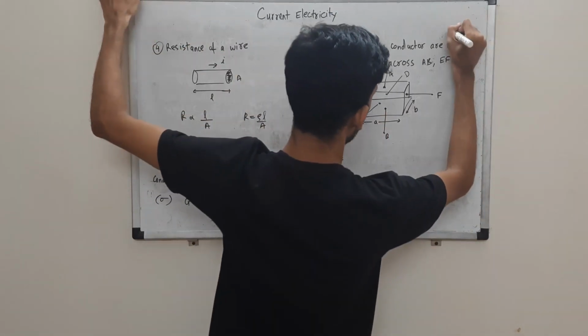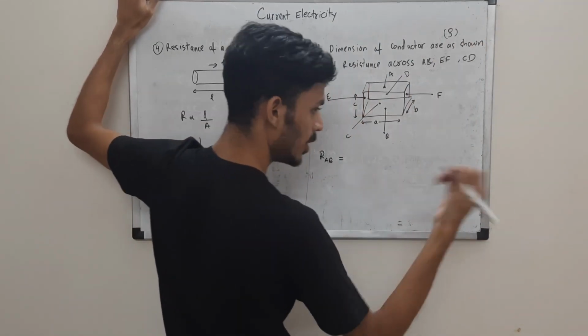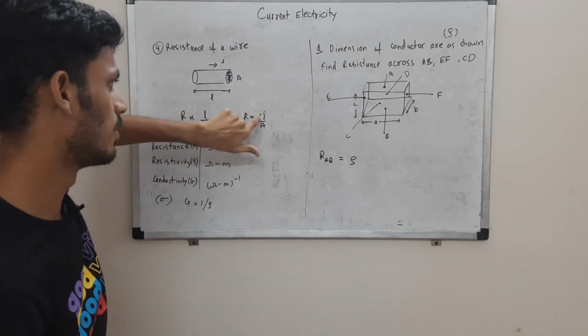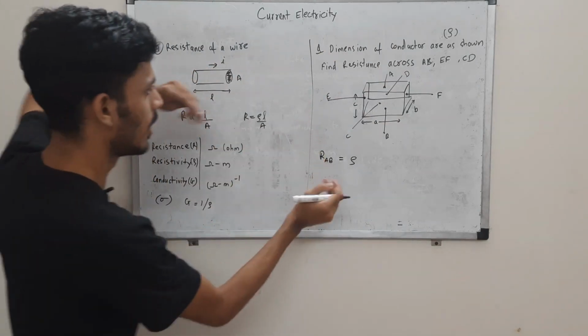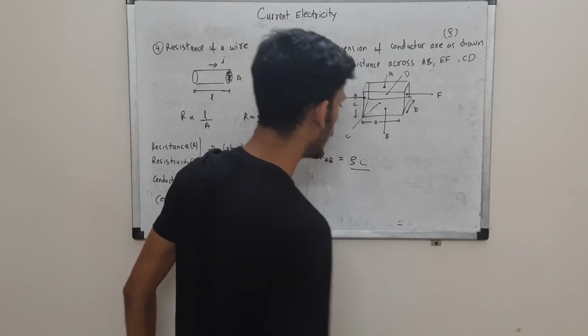It is given that the resistivity of this material is rho. So here you will have rho. And what is the length? Length across AB is nothing but C, divided by